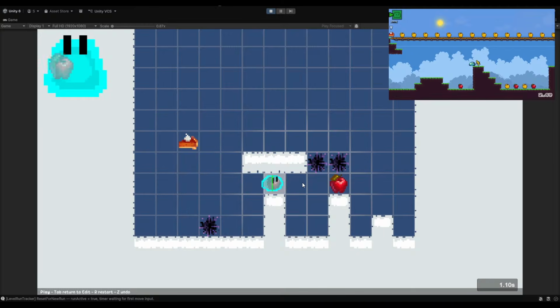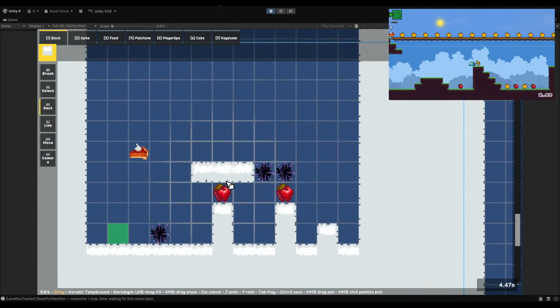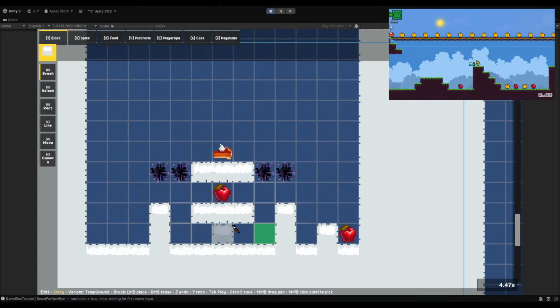But this is not a good level design. This is an awful level design. Let's see. Let's put spike here instead. And let's do... No, I don't like that.